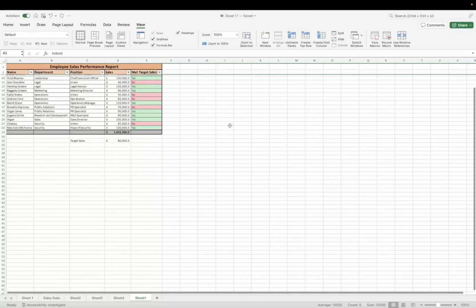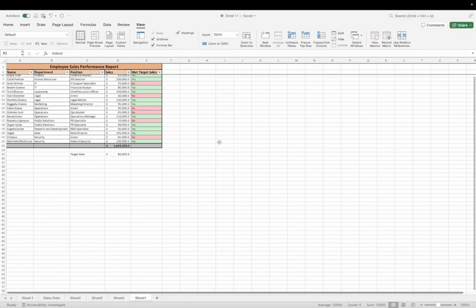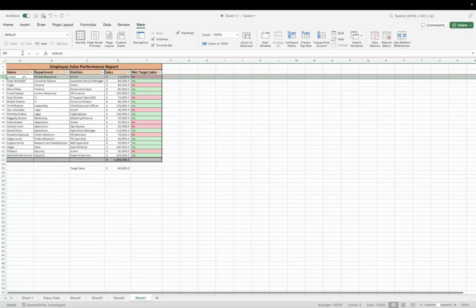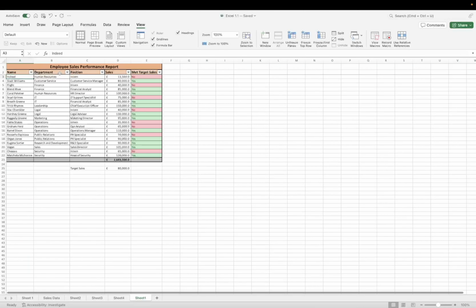And what it does is it freezes the top two rows, basically any row above where I've clicked. So here in this instance, the employee sales report row and the headers as well. So it's very important when you're working with large data sets that you're able to freeze the top one, so that as you navigate your spreadsheet, the headers you're interested in remain. Okay, so let's look at